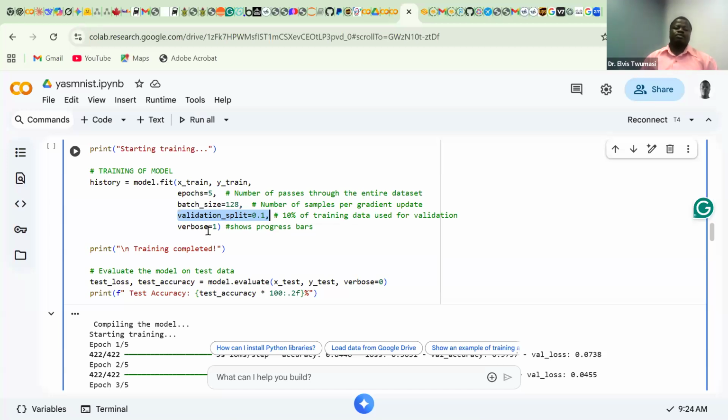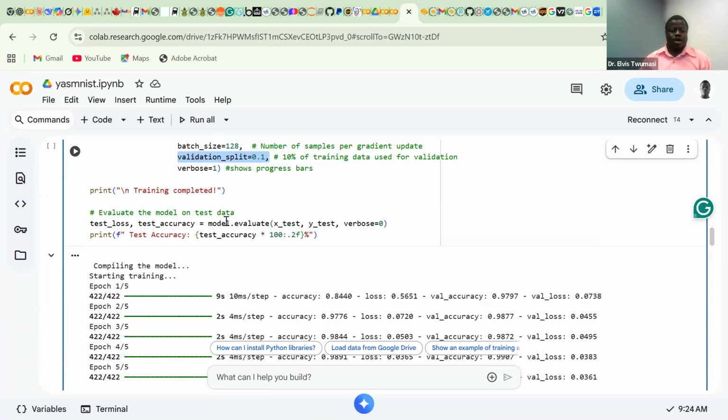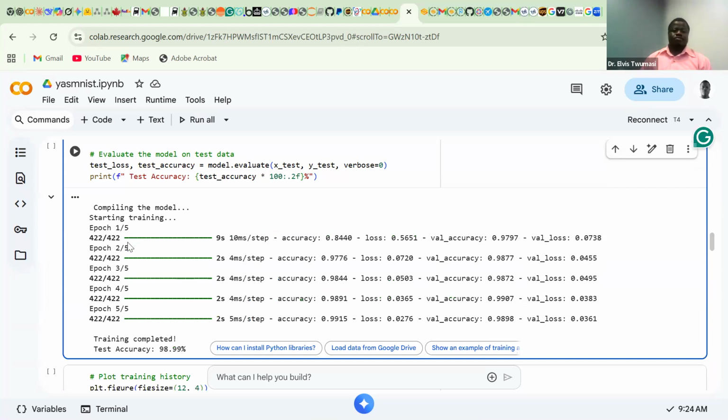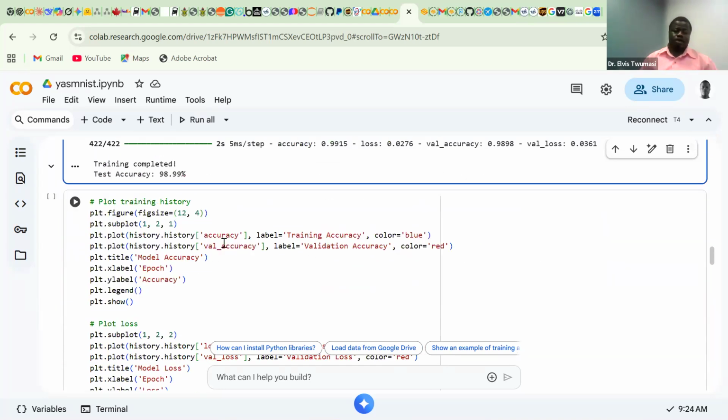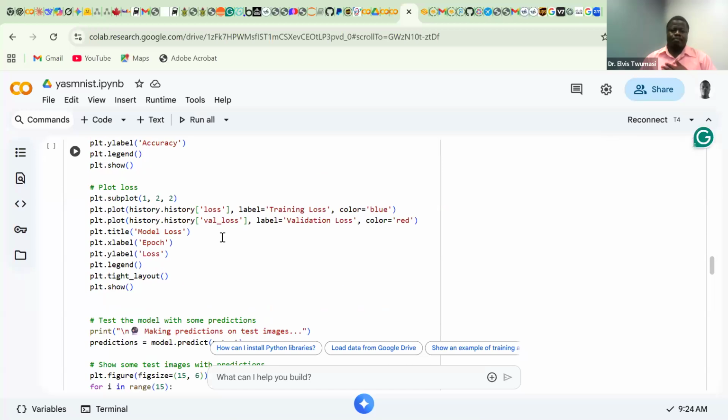This verbose is, when you are doing the epochs, it will be showing you, oh, this is going on, this is going on. You can change it to 0 so that you don't see that things are going on, right? So when you run, as I said, you see that first epoch, you'll be seeing the accuracy going on, and the next epoch, the accuracy will be improving. When you run it, it will just finish the machine learning model. The rest of the thing is doing plots, right? For plotting, it's something that you have to learn in Python, how to plot, right? These are things that you can learn by yourself. So these are plotting, you plot,